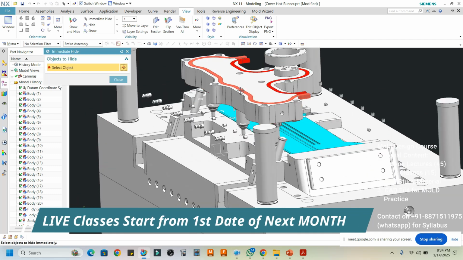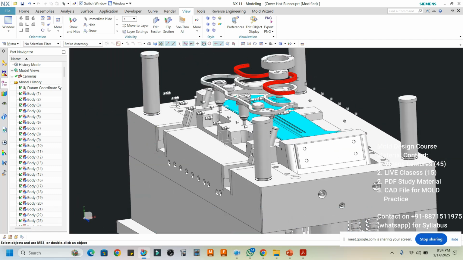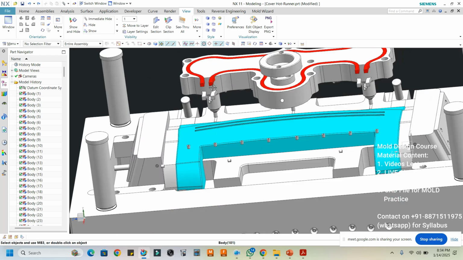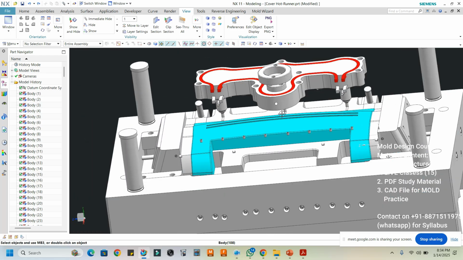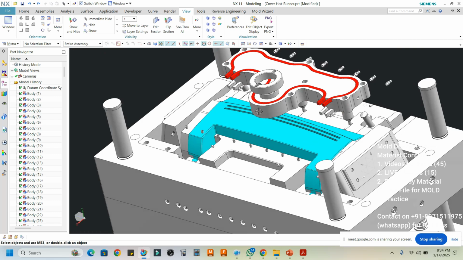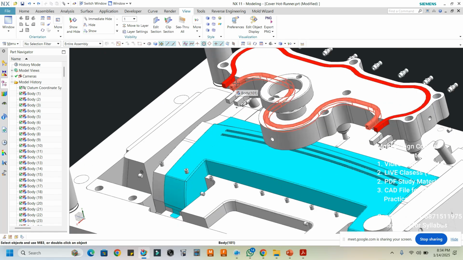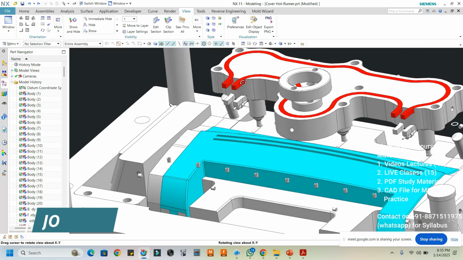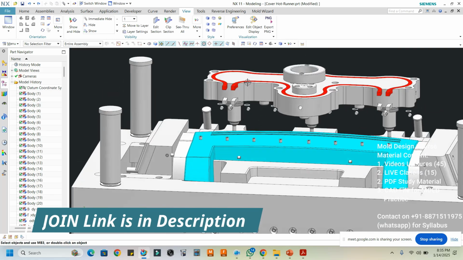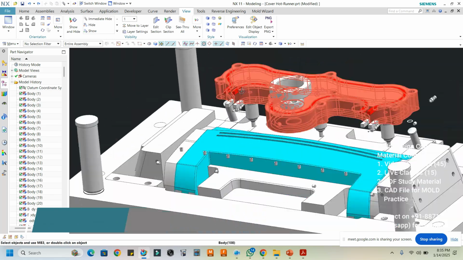But apart from this, see here, what is this red portion? Just a moment, sir. Coil. Heater technology. Yeah, coil. It is like nichrome or something, right?